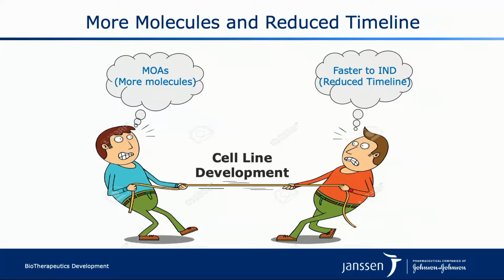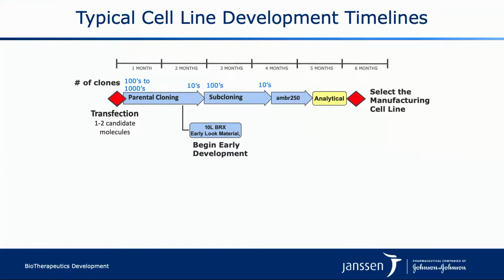It's not surprising we're constantly in the battle of taking on more molecules, which means not only a larger number of molecules going through to generate the cell line, but also different mechanisms of action. We can test more different mechanisms, so we can hopefully bring more products, but at the same time, we also want to reduce the time to bring those products to patients earlier. But how do we do that when we have those requests? So the first,